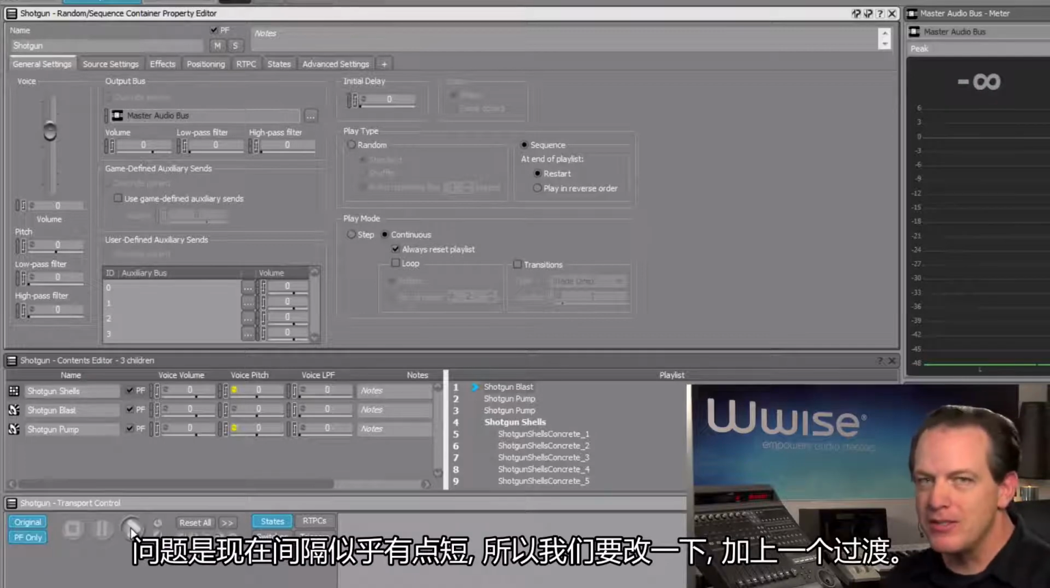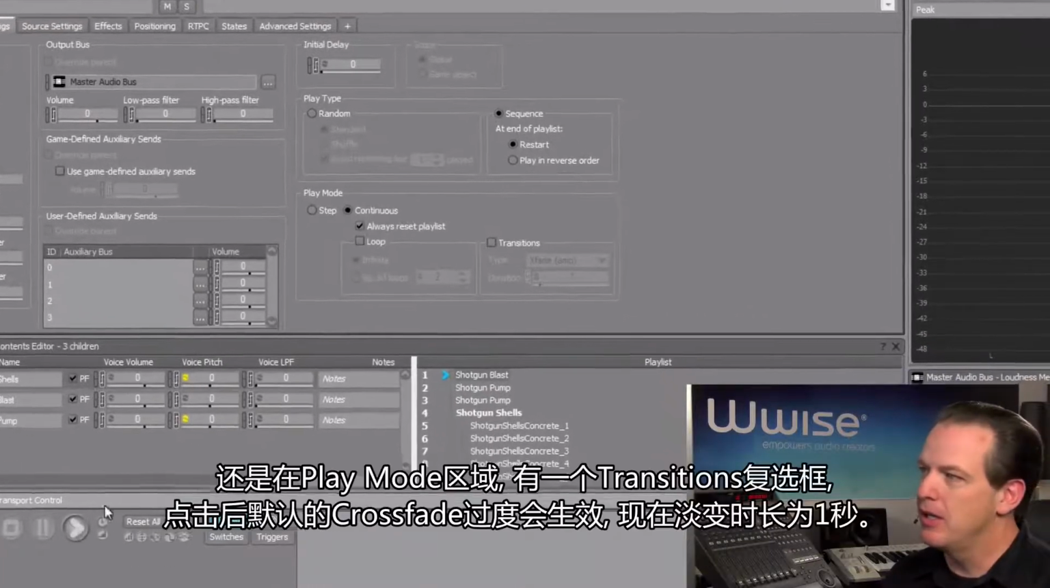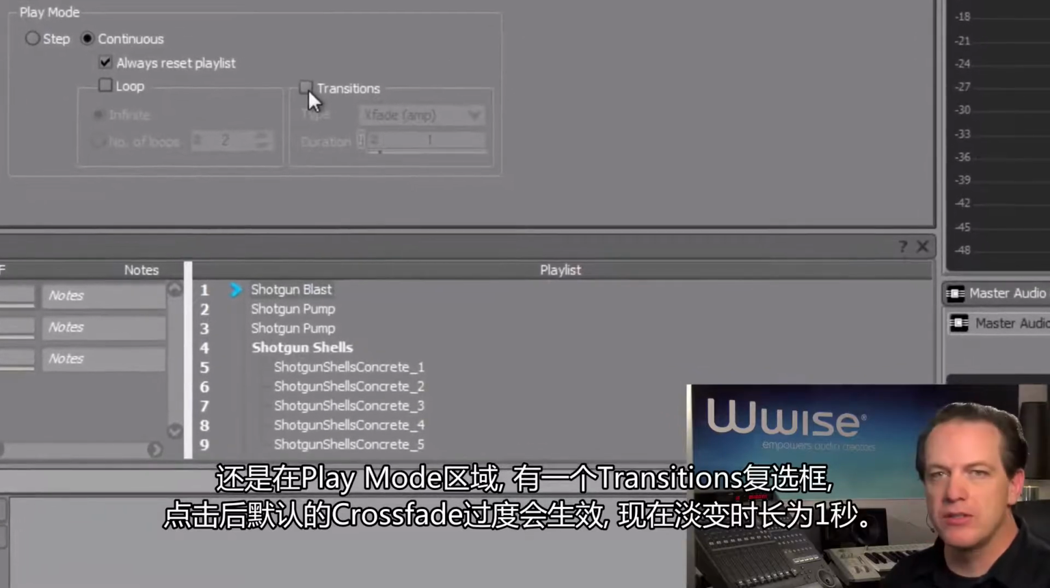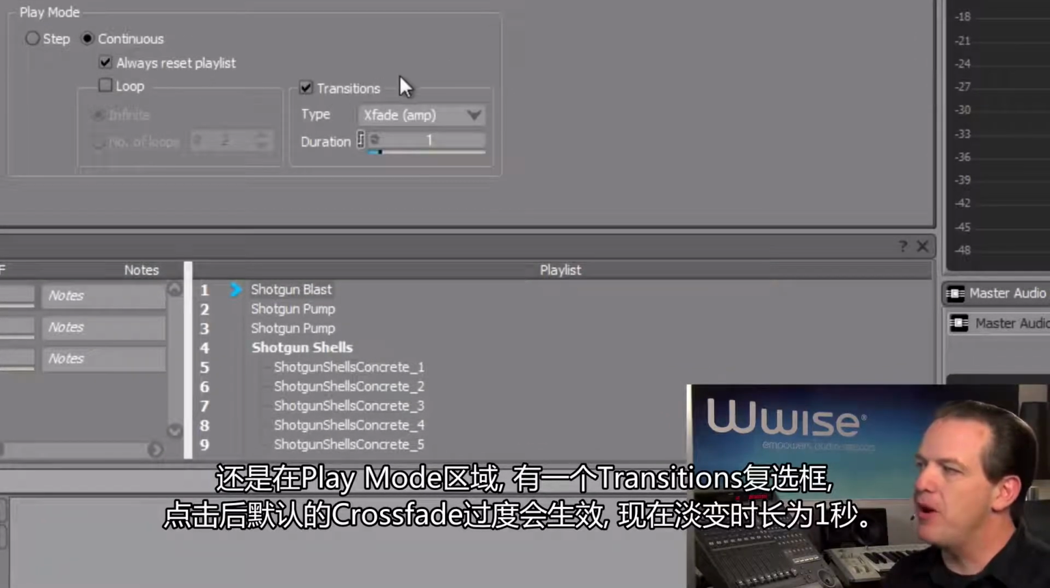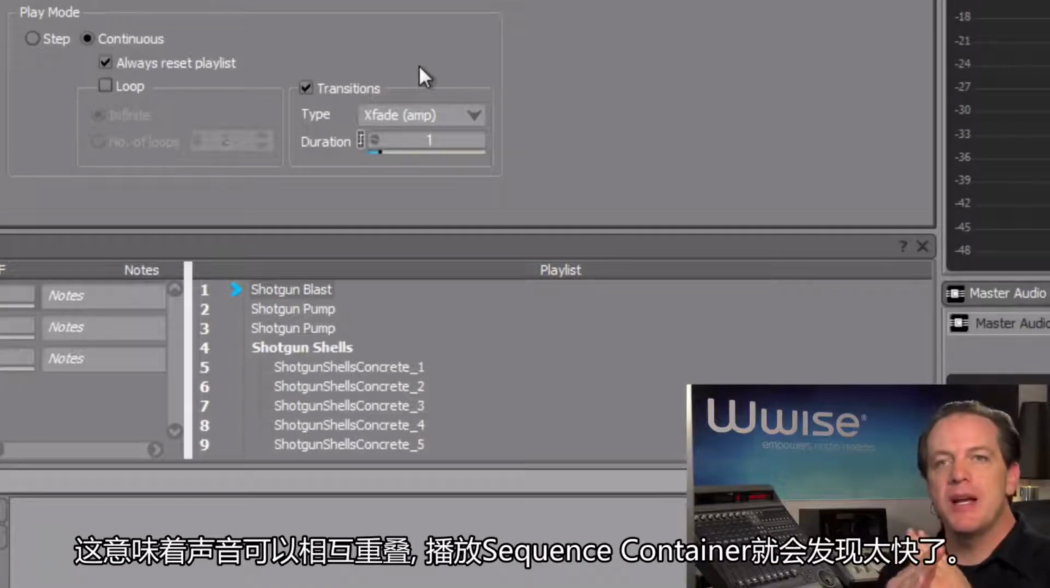The problem is that the timing feels a little bit fast. So to modify this, we're going to add a transition. Again, back in the play mode area, there's a transitions checkbox. Click it, and by default, a transition type of a crossfade will be applied. Now, the duration is set to 1 second. This means that the sounds will literally be playing on top of each other. And if we play our sequence container,